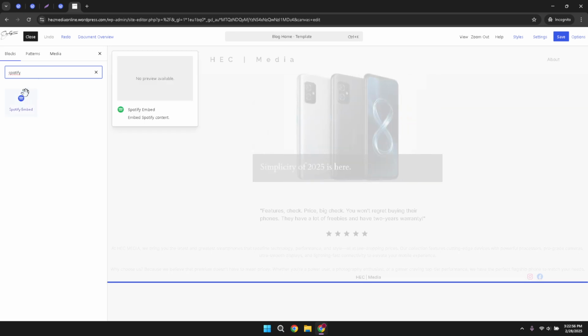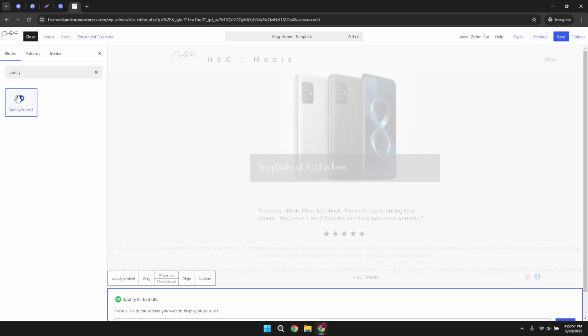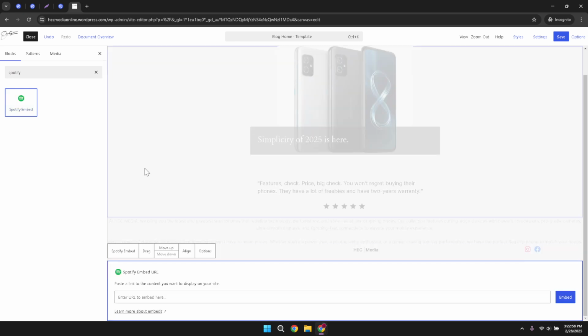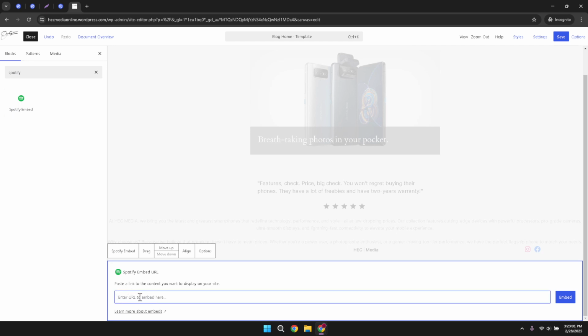This specialized block allows you to incorporate Spotify playlists, albums, or specific tracks right into your website. Having this feature not only enhances user interaction, but also creates a lively and engaging atmosphere for your website visitors. And that's it! You've successfully added Spotify to your WordPress site. Remember, this integration will allow you to share your favorite tunes or podcasts with your audience, providing them with a rich multimedia experience. It's a great way to keep visitors engaged and coming back for more.